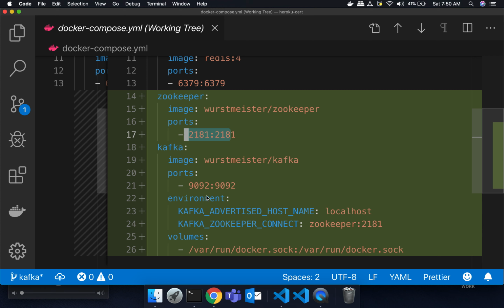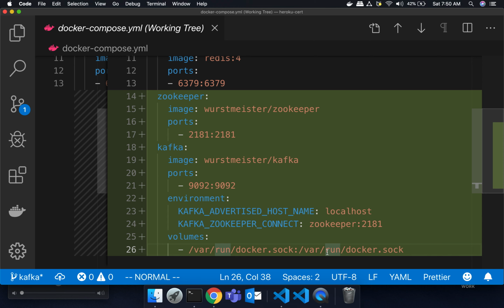Kafka, on the other hand, is exposed on port 9092, and it is something we will directly interact with in our code. There's some configuration here that's not obvious. Obviously, you need to tell it where to find Zookeeper. That makes sense. I'm not entirely sure why I need to tell it the advertised host name, but it's required. And I'm not sure why I need to map a local file, this Docker sock file, within the container, but I just copied the hello world example from the provider of the